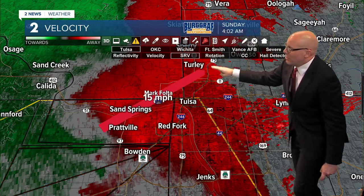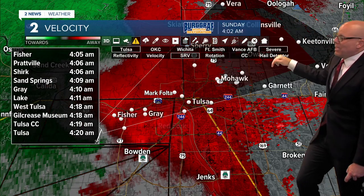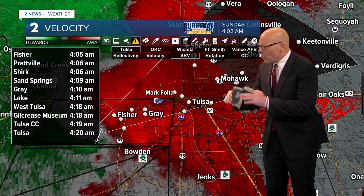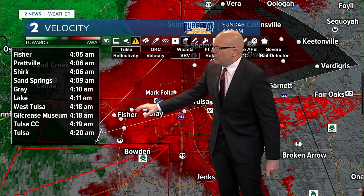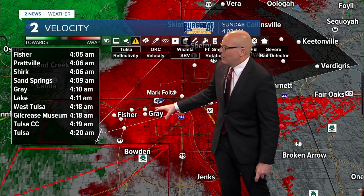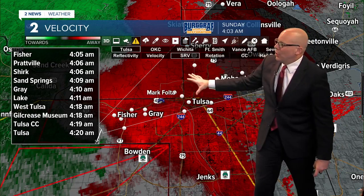So I just want to track this off to the north and to the east just to give you another update with this one here. So basically moving into the Sand Springs area within the next few minutes. So go ahead and take those tornado precautions right now around the Sand Springs area, also around Fisher, areas around Prattville. Also, as you head over to around Gray, downstream from here,